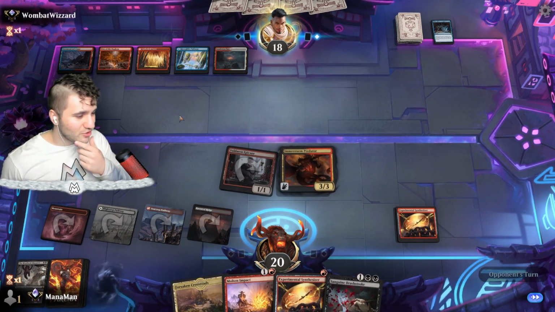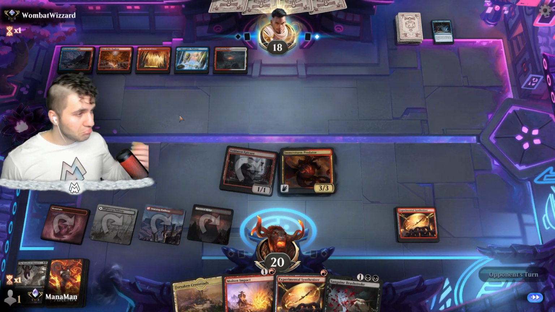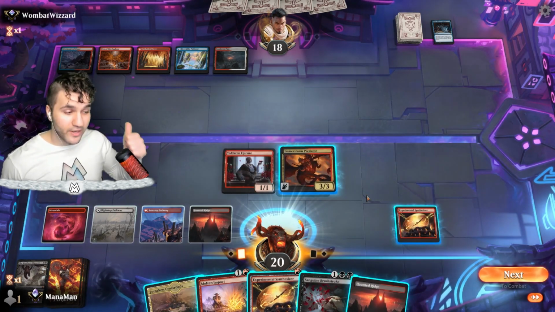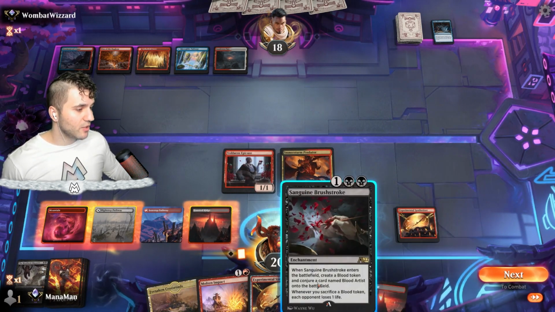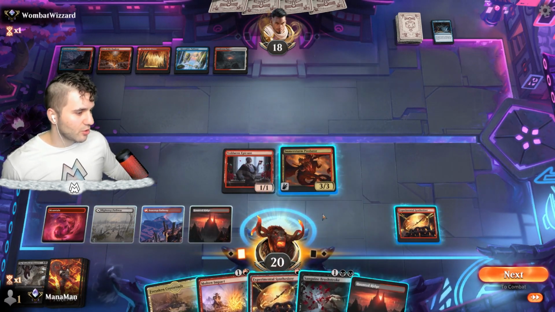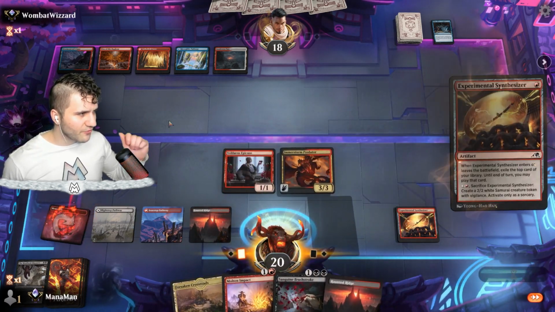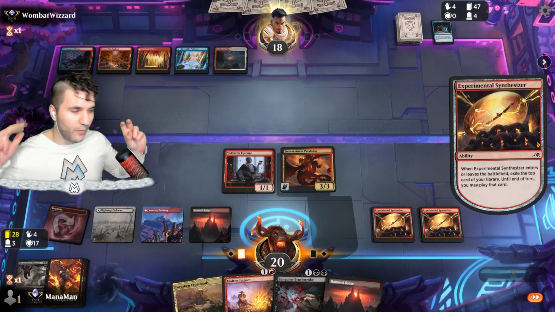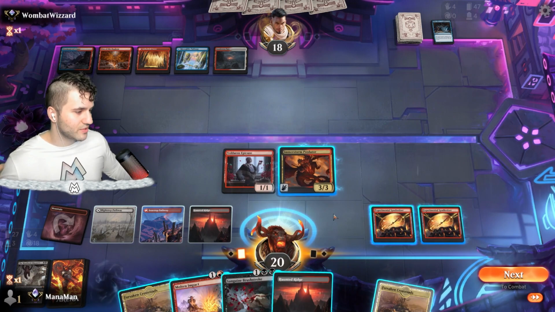So, Sanguine Brushstroke. Yeah, I mean, we can at least do some damage there. And with the Predator, we actually can do some cool things. We can just sacrifice our creatures for the Predator's ability, get the Brushstroke off, so... Let's go for the Synthesizer first, just see if we get something cool. I know that theoretically we're helping them mill, but we still need to do some things, so...